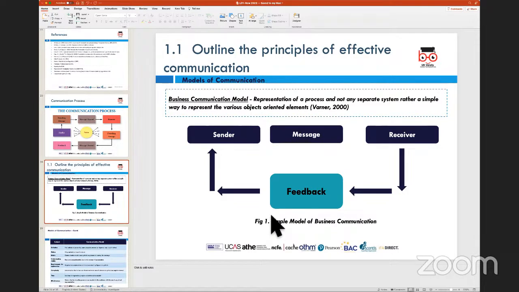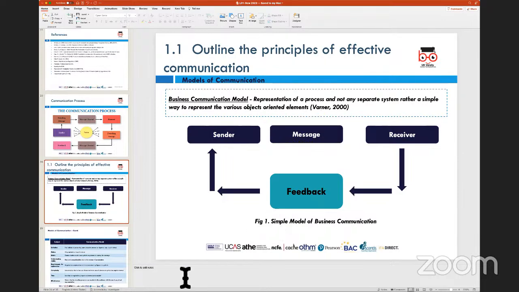And now we don't get to see this or realize that this is how it works. But sometimes when we are having a close conversation with one of our colleagues who's in the same room, sitting with you, it's a two-way process. You're saying something, the person is understanding, they're responding back to you, and that is a process of communication.